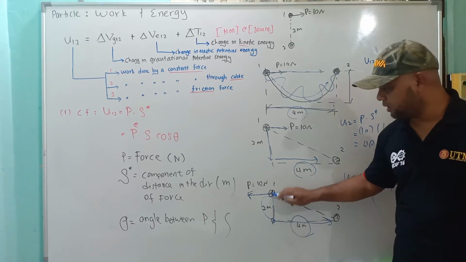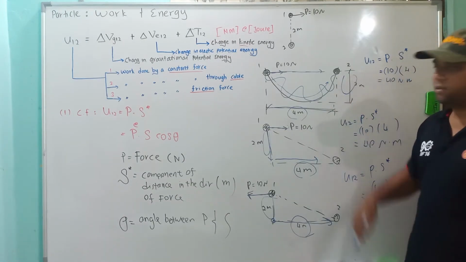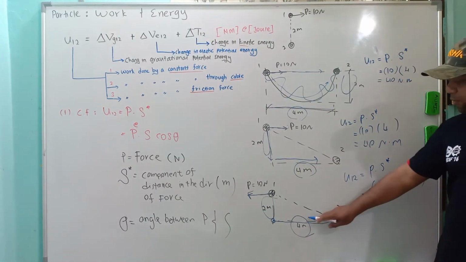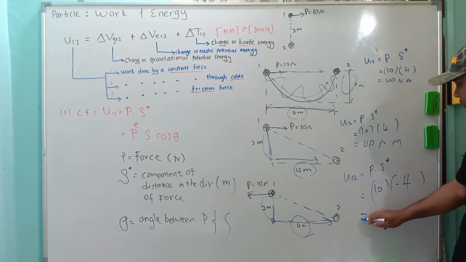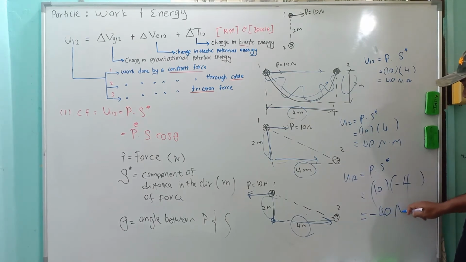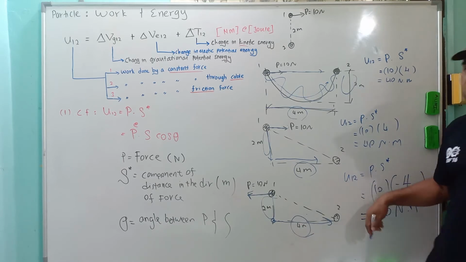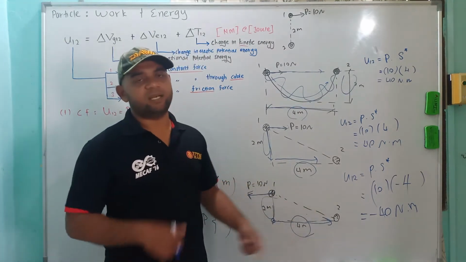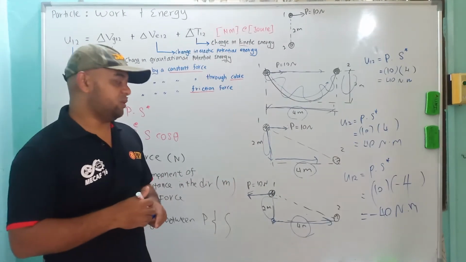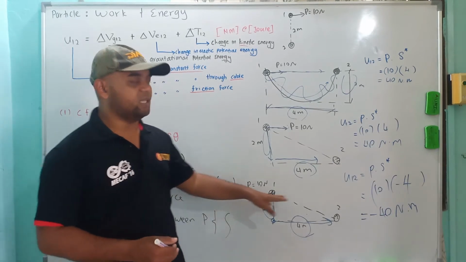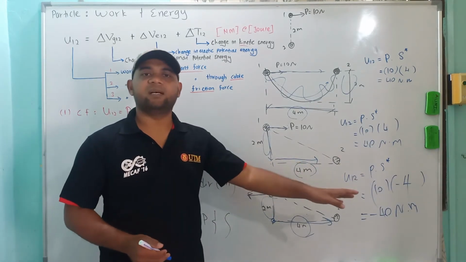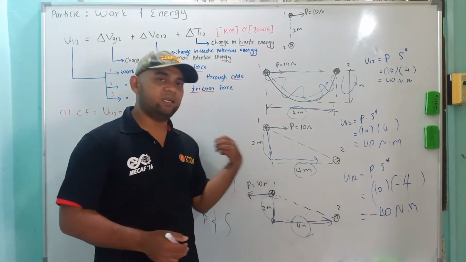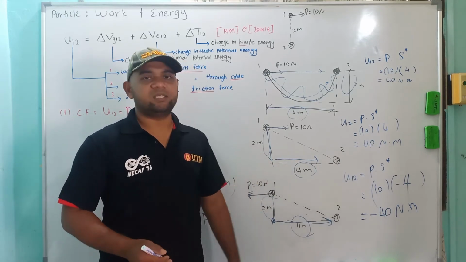We don't cater for the going up here, going down here. What we want to know is the same direction as the P. But now we have the opposite one, so it becomes negative 40 Newton meter. In this case alone it might not be logical, pulling in this direction but moving the other way. But in the whole system, there will for sure be something else, for example a spring attached or a cable, that will make the component move in the opposite direction even though we are pulling in this direction with constant force.